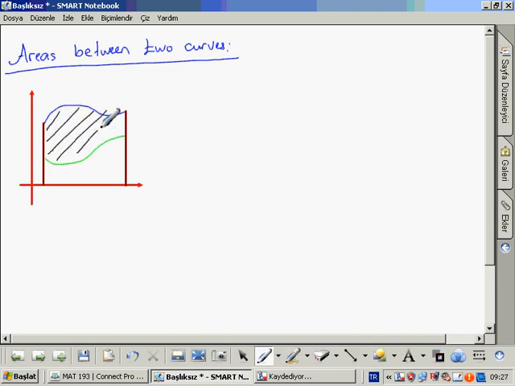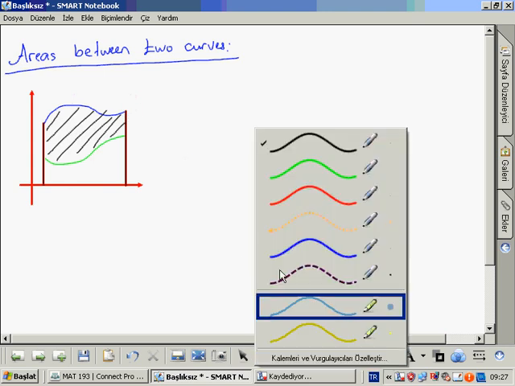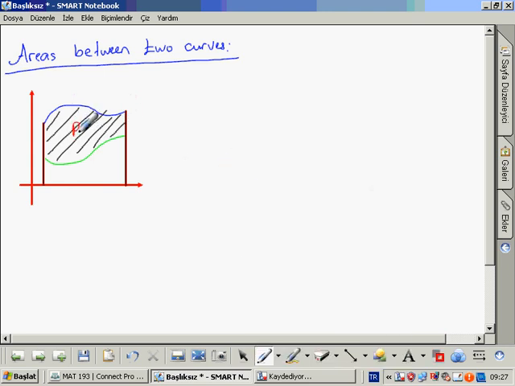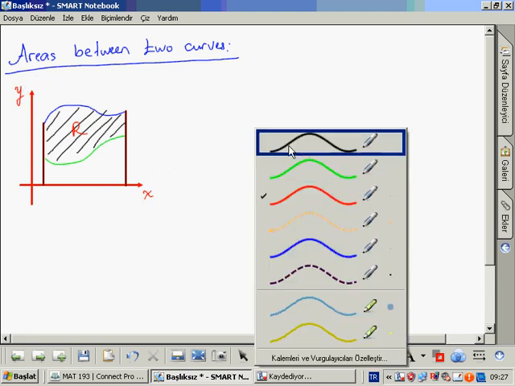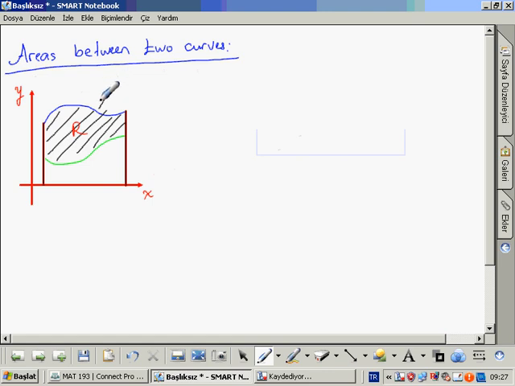This is our region, and this blue curve is y equals g of x, and the green one is y equals f